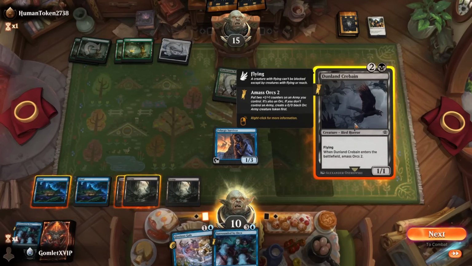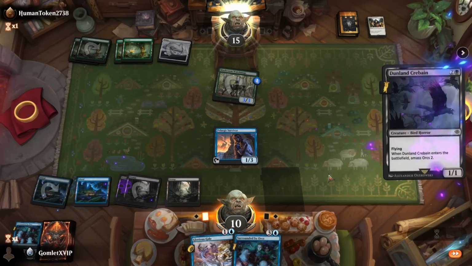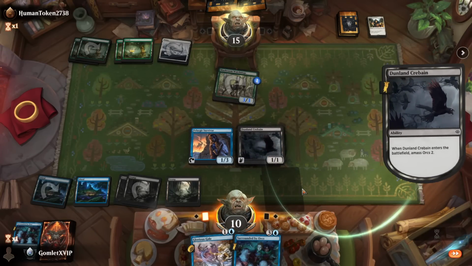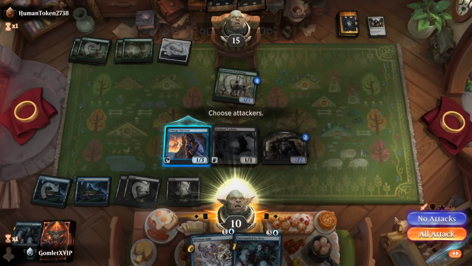Alright, let's play a Crebain before I surround by orcs. And that's going to be the chump blocker now. Plus I get to hold up Glorious Gale while I play that, which is good. And then since...